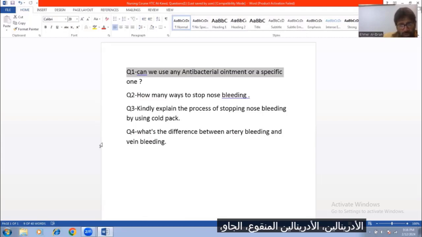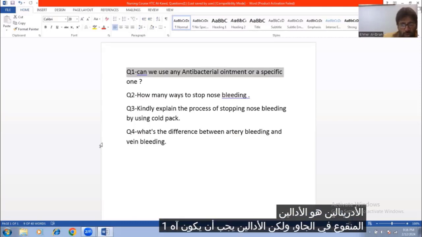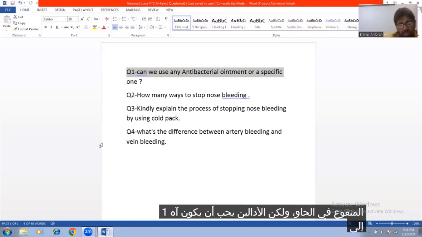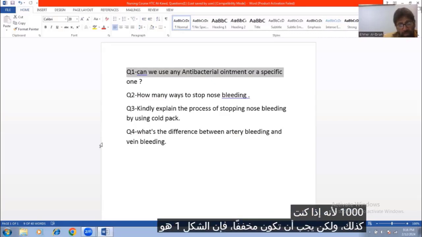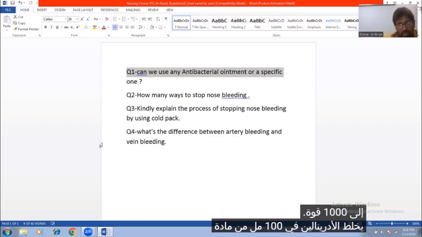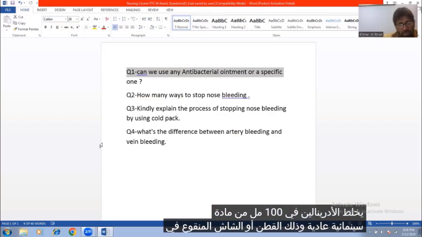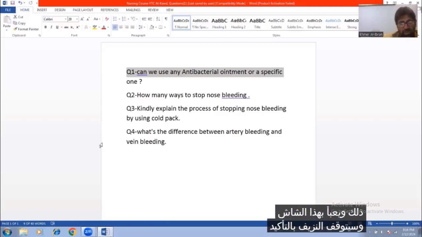Adrenaline soaked gauze. Adrenaline is a vasoconstrictor. The adrenaline must be 1 in 1000 strength, but it should be used in diluted form: 1 in 1000 adrenaline mixed in 100 ml of normal saline. Soak cotton or gauze in that and pack it, and it will definitely stop the bleeding because adrenaline has the effect of